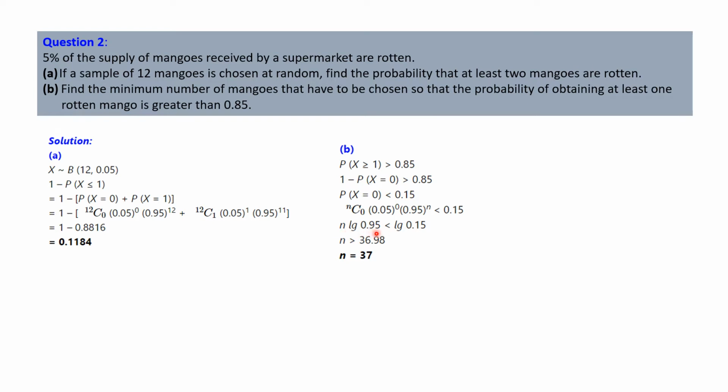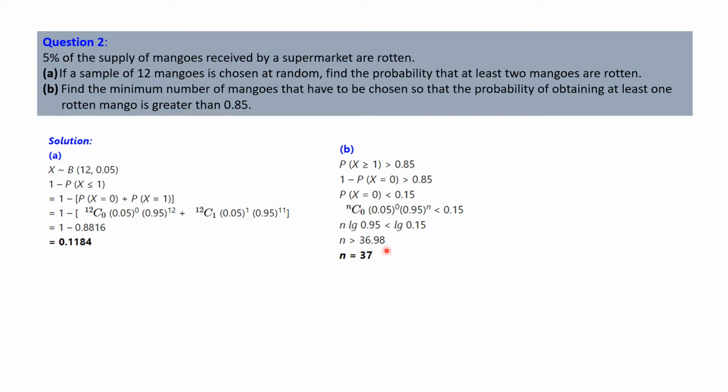So n log 0.95 is less than log 0.15. And if you notice from the calculator, when you press log 0.95, you will have a negative value. And log 0.15 is also negative. So for a negative value to divide by another negative value, the sign of inequalities has to change direction. So we will have n is greater than